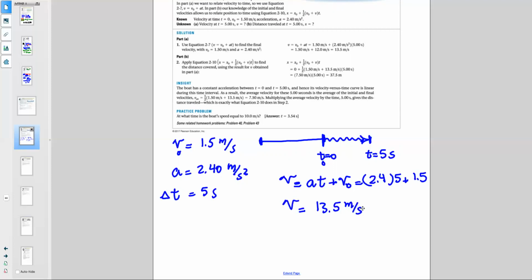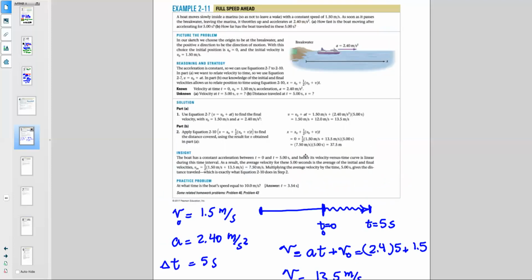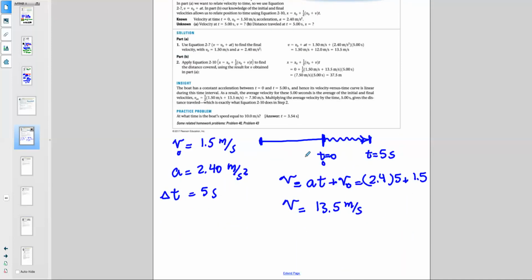That was part A of the problem. Let's take a look at part B of the problem. It says, how far has the boat traveled in these 5 seconds? So technically, I want to know how far it's moved, or what the distance is, what the displacement is, in fact, right? Remember the formula for displacement? Delta x equals half times a times t squared, right? Plus v0 times t. So if you do that,